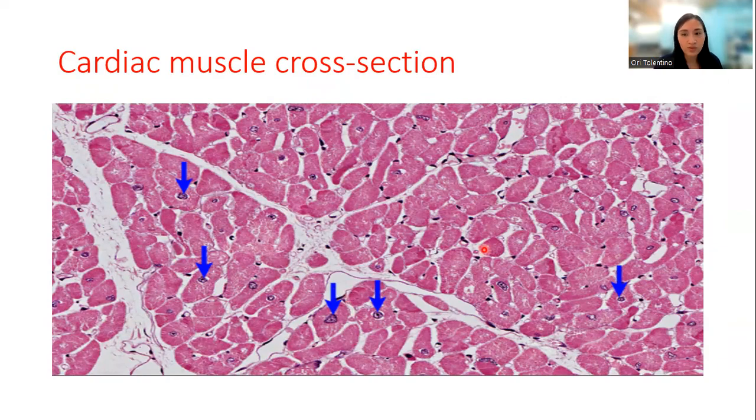Also note in the cross-section of muscles that not all parts have nuclei. Some nuclei are in the front of the cell or the back of the cell. So when you cut through the middle of the cell, you can only find a few nuclei. Not all the nuclei might be captured in the cut section, but you can see that they have central nuclei. So automatically think this is a cardiac muscle and not skeletal muscle.